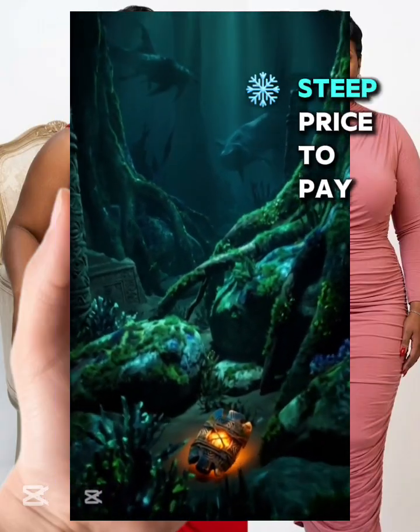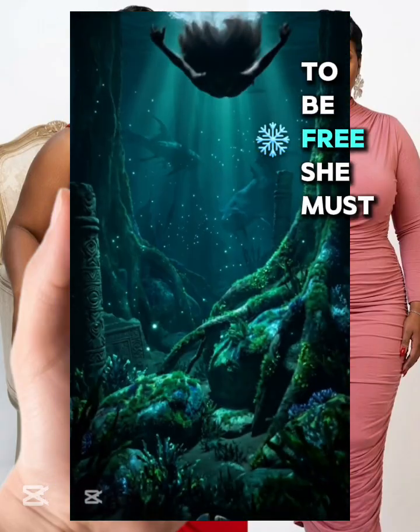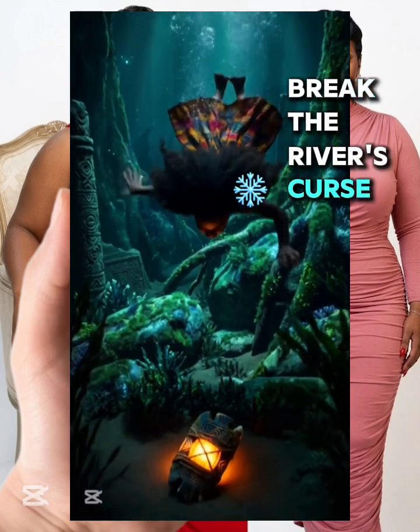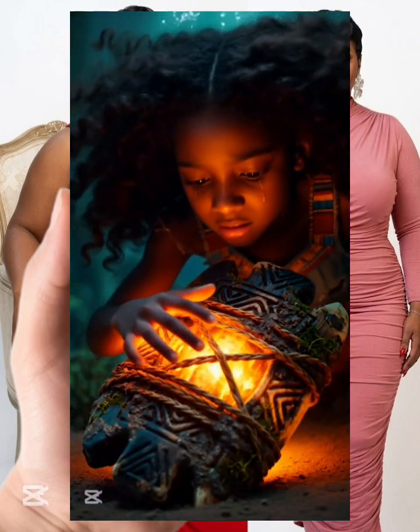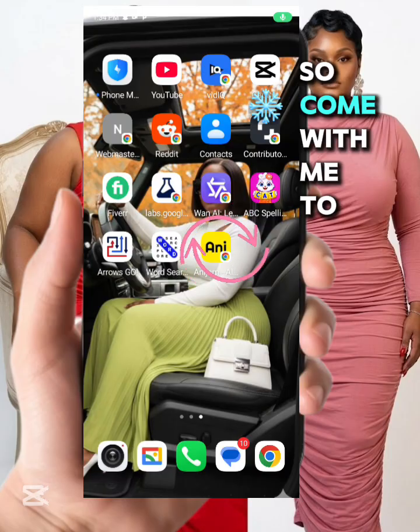But it comes with a steep price to pay. To be free, she must break the river's curse or become part of it forever. So come with me to